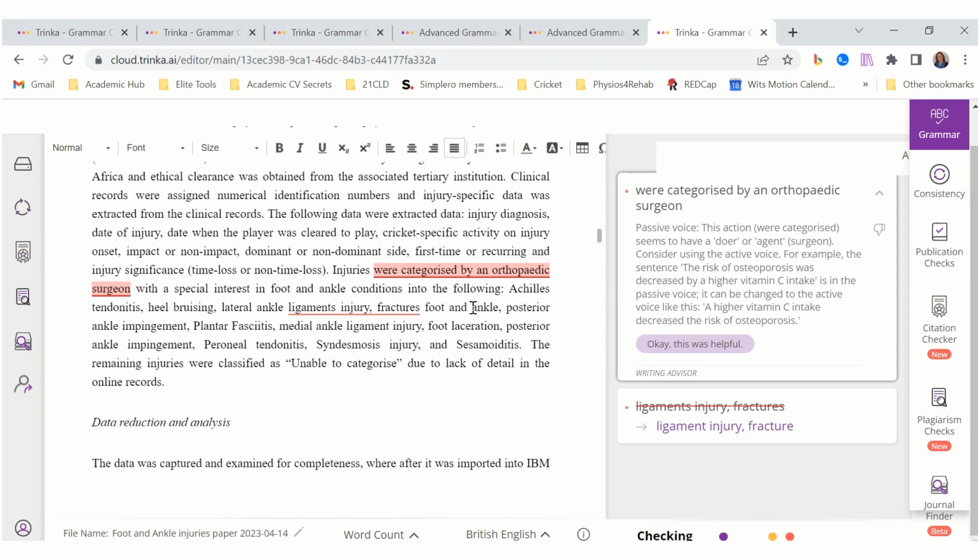Subject area, let's say in the medical field. Style guide, nothing required here. Paper type, original article. Let's save and proceed. And here we are. Let's see what it came up with. Definitely a few things that we can definitely change. We look at